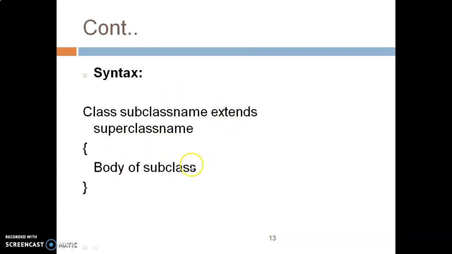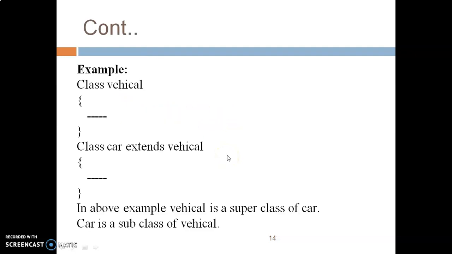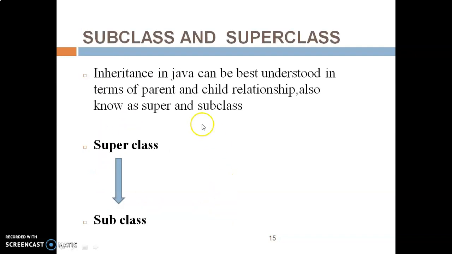This is the syntax for single inheritance. Here, subclass name extends superclass name. Here we will see one example. The name of the superclass is vehicle, and the child class which is created is car, from the superclass vehicle. Here you can see the body of the code. Subclass and superclass, I hope it is clear to everyone. The upper one is the superclass and the created one is the child class. In other words, it is also called a derived class or subclass.